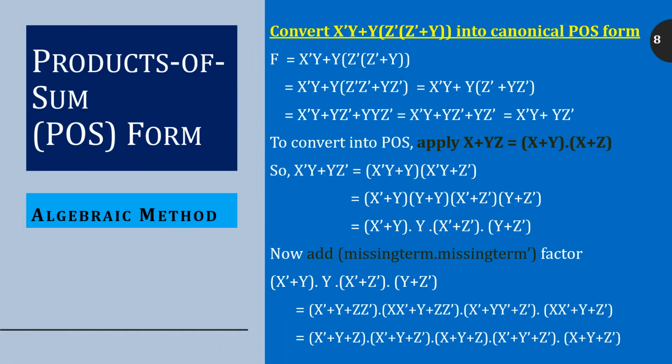In an example, we are given f = x'y + y(z' + y). The first step is to simplify the given expression. We need to open all the brackets.